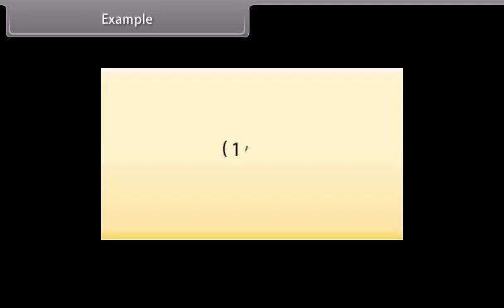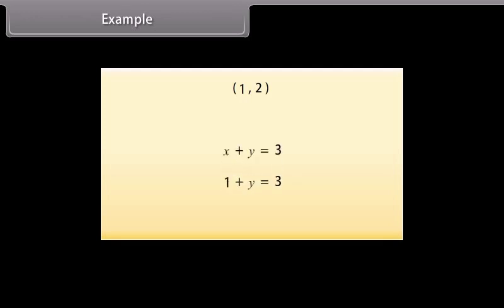Example. Let us go through an example now. Take the point (1, 2). Now we'll find the equation of a line on which it lies. Since (1, 2) is a solution of a linear equation, we will look for any line passing through the point (1, 2). One example of such a linear equation is x plus y is equal to 3,